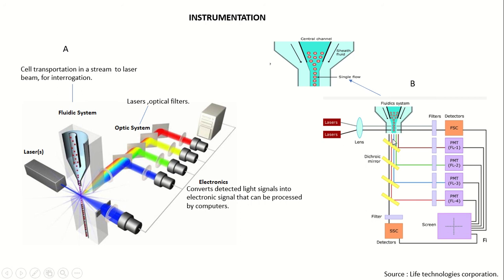Then at 90 degrees, there are two events: direct detection of side scattering, and there are different dichroic mirrors placed in this path, which reflect particular light from this mixture. From this mixture of light, the dichroic mirror provides a particular beam of light towards the different fluorophore detectors. These are detectors having different filters to detect and to block different wavelengths.